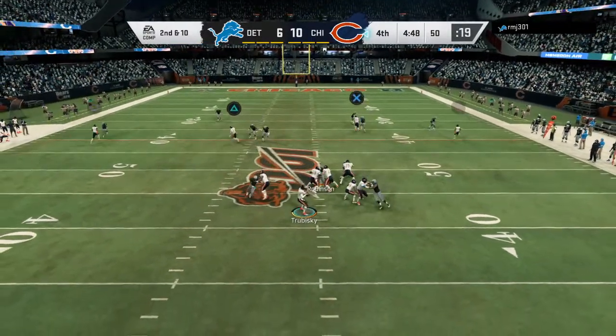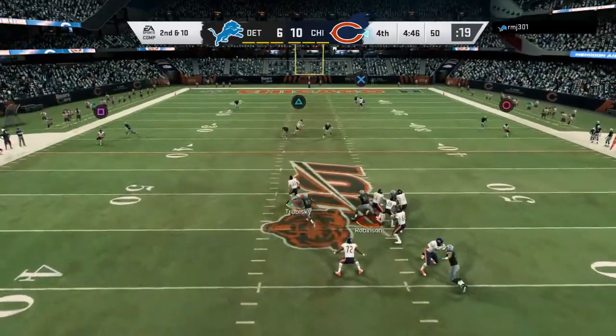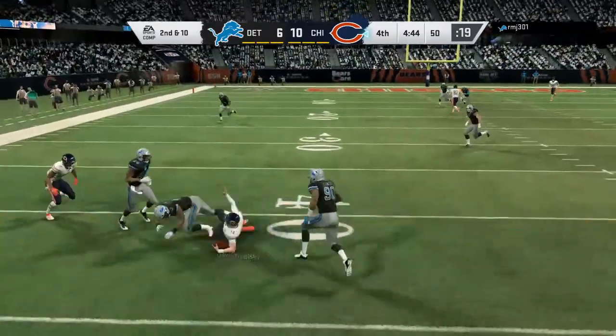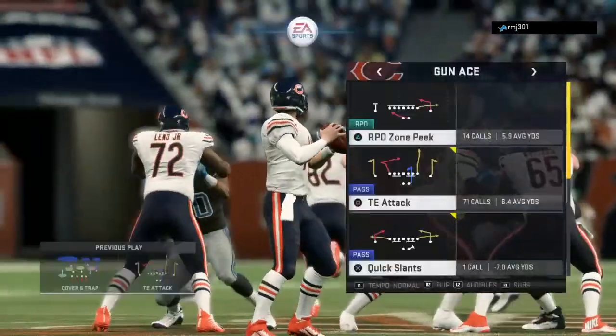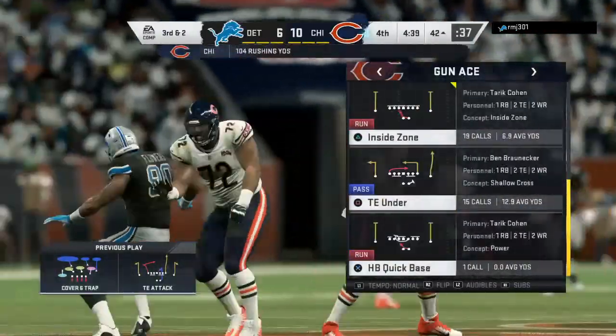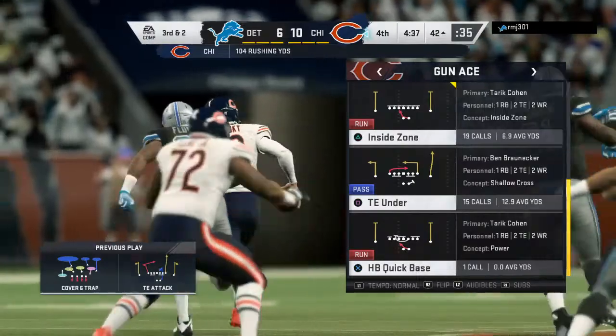From midfield now, here's Trubisky. Dancing to his left. And he'll slide down to avoid the tackle. He turned that into a nice gain. Gets him 8 yards closer for 3rd down. That's a gain of 8. Brings up 3rd and